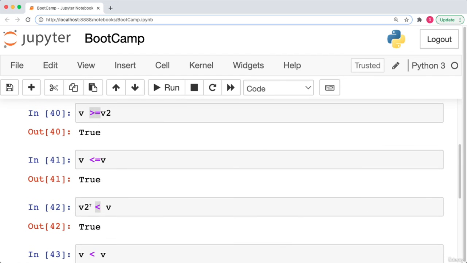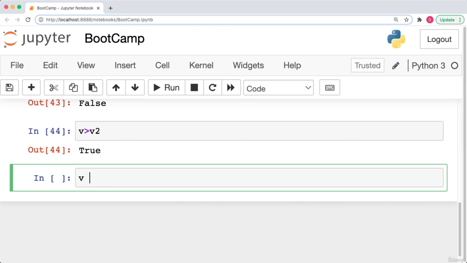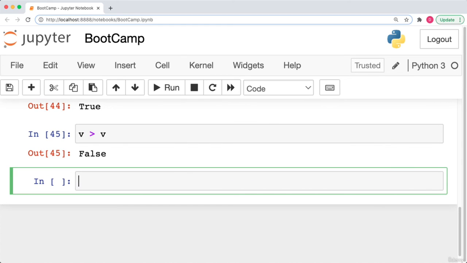This one says V2 is a proper subset of V. But V cannot be a proper superset of V. It's false. Because